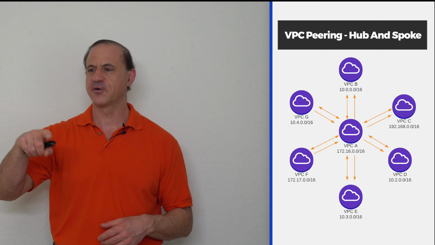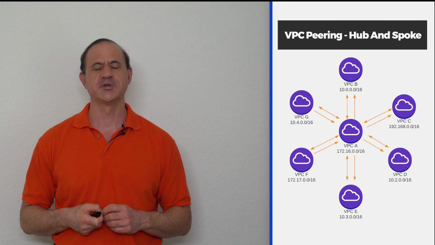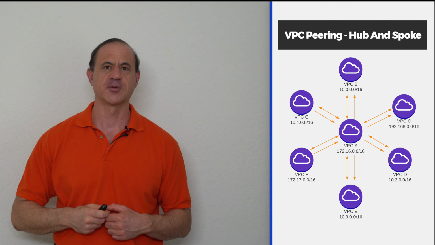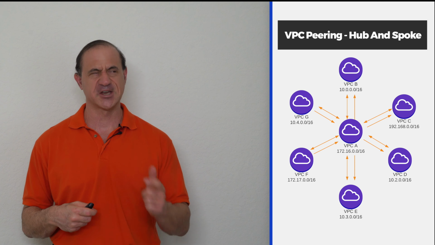And let's talk about when this would be perfect. Let's say, for an example, you are a manufacturer of products, and you have 10 different manufacturing partners along the way. You could set up your hub and spoke VPC environment. You could VPC peer with all of your 10 people, and you'll be able to speak to all the 10 people, but the other 10 organizations will not be able to talk to each other through your network. And would you really want to be the internet service provider and the network service provider for all of your partner organizations while you're paying for the traffic? You don't want to pay for their traffic. So that's the reason why